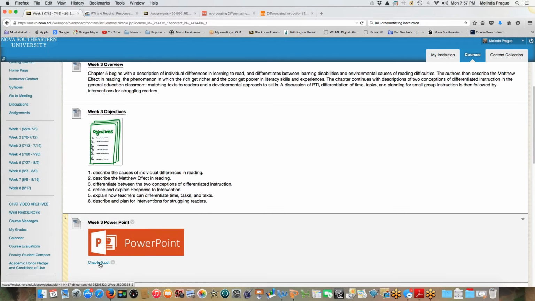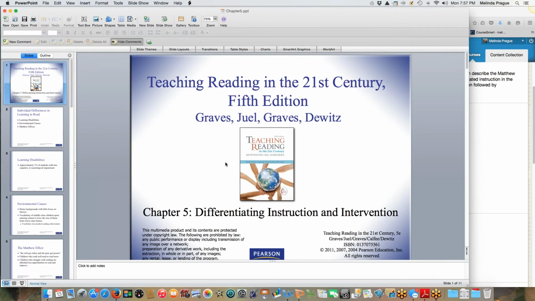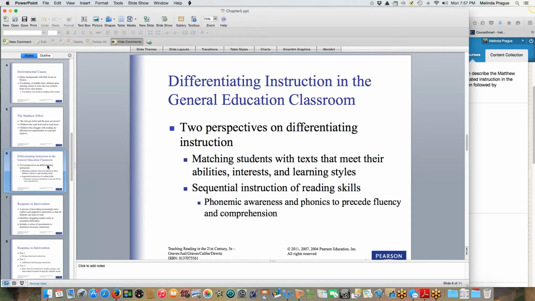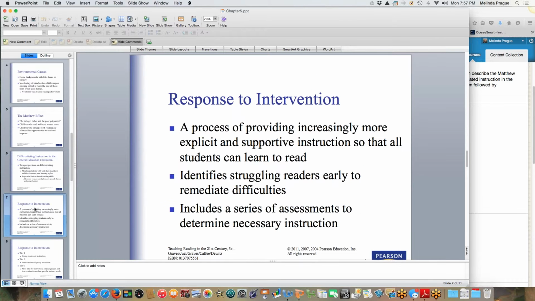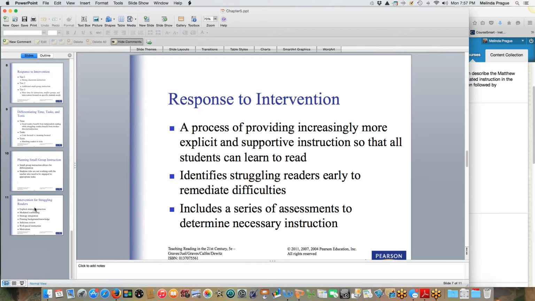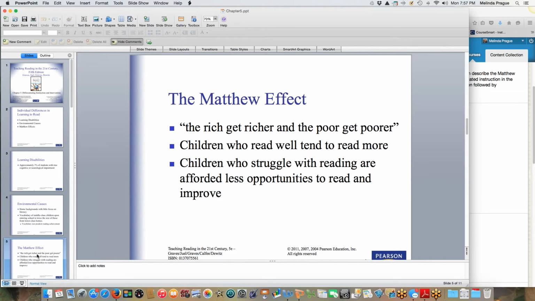Now, I gave you the chapter PowerPoint, and it's real simple. But again, please don't think this takes the place of reading the chapter, because it really doesn't, okay? These are very short. It has something on nature and nurture, and on the Matthew effect.